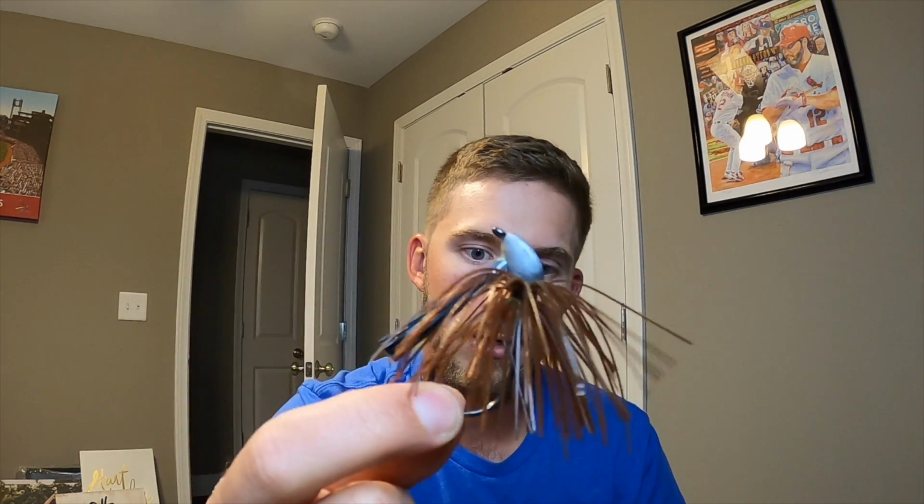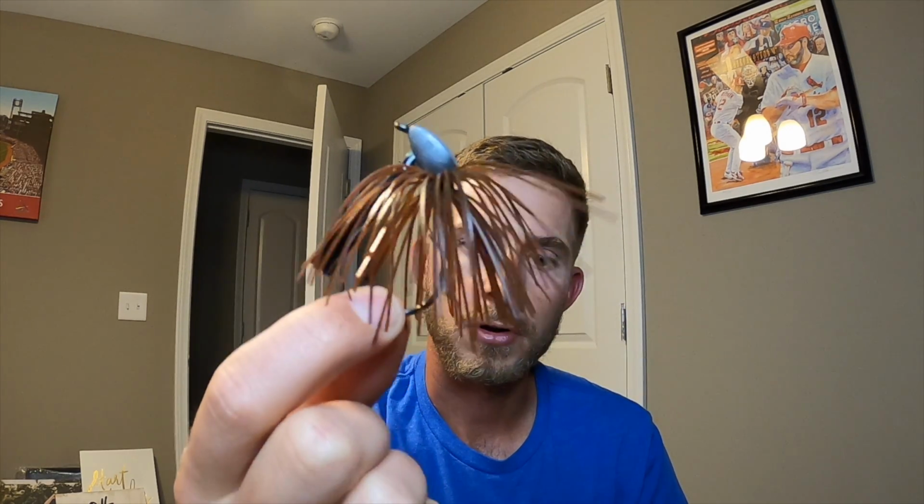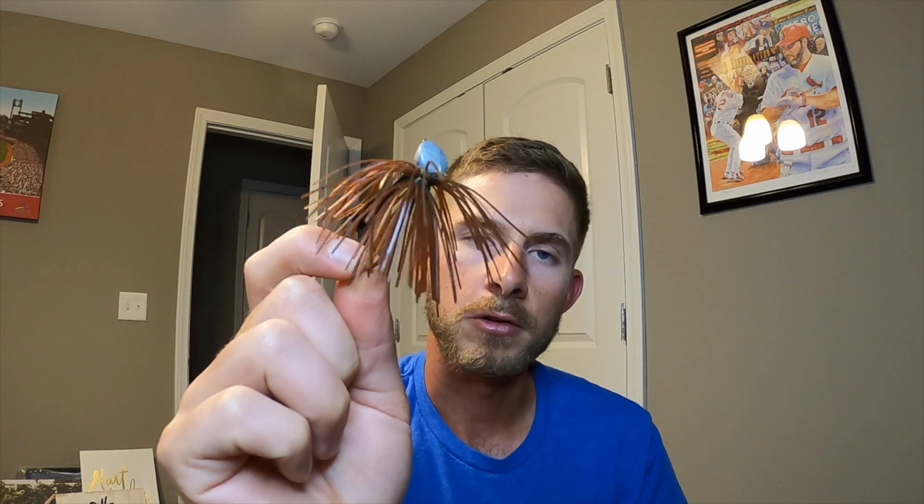So here's my normal half-ounce pitching jig. I'd pair it with a Rage Craw, or maybe as the water gets a little bit cooler, just a regular chunk or something where you can keep the appendages together so it has more of a gliding motion. But I'm also going to throw, like here is...